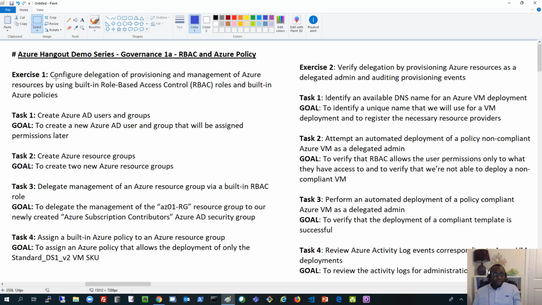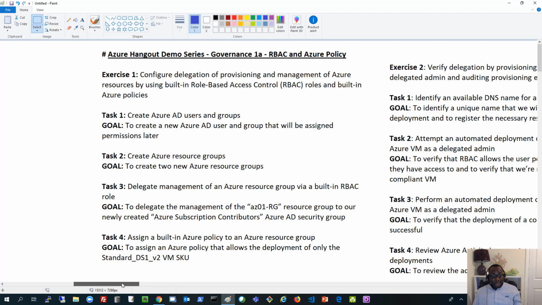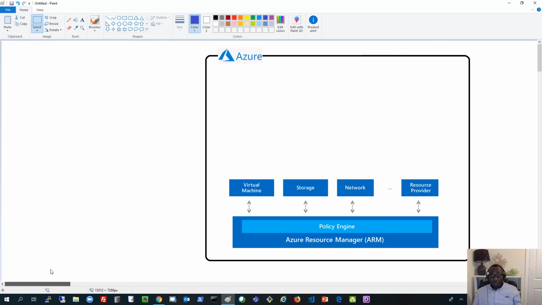So let's go to task number one: let's create Azure AD users and groups. Remember that the instructions for what I'm doing here will be in the description below so that you can follow along with these also. So what I'll be doing in this exercise is